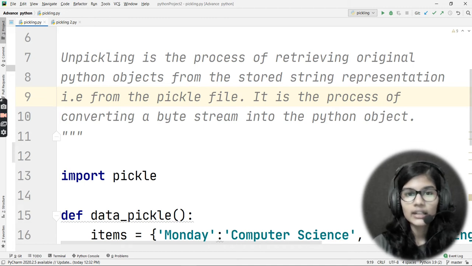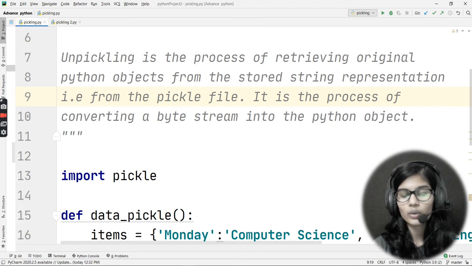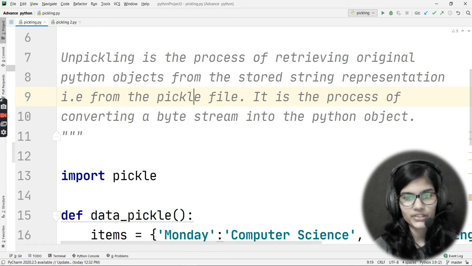We have an original Python object that we have already converted into byte streams with the help of pickling, right? Now again getting back those Python objects from the file where you have converted them into the byte stream, this process is called unpickling.